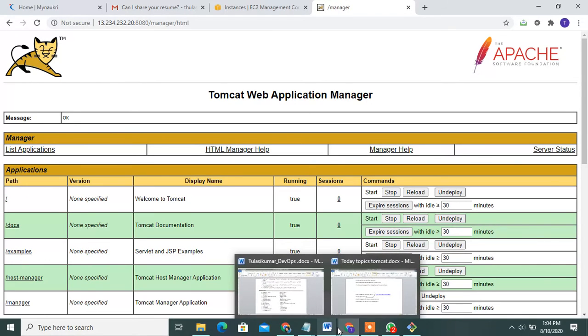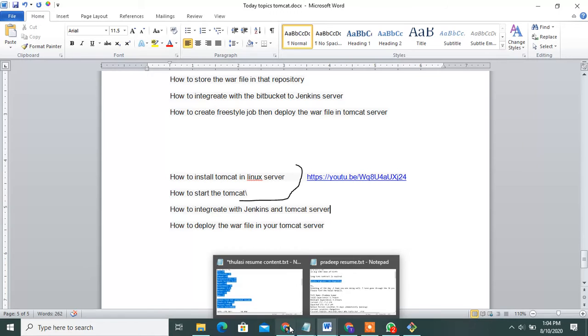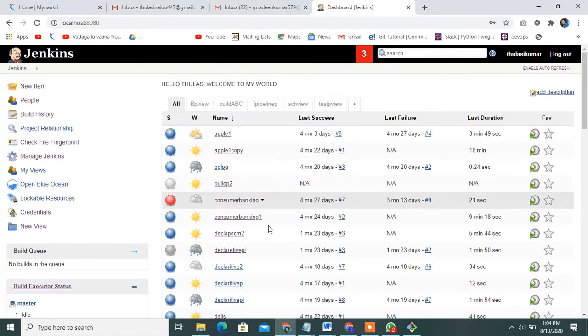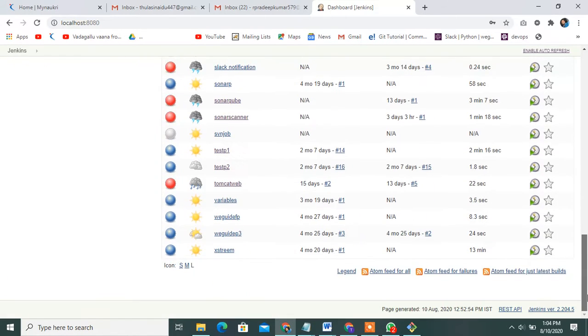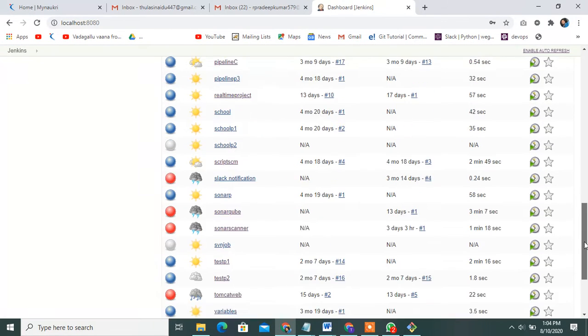Next, how to integrate Jenkins with the Tomcat server. Next, open my Jenkins server also. I already have so many jobs done.